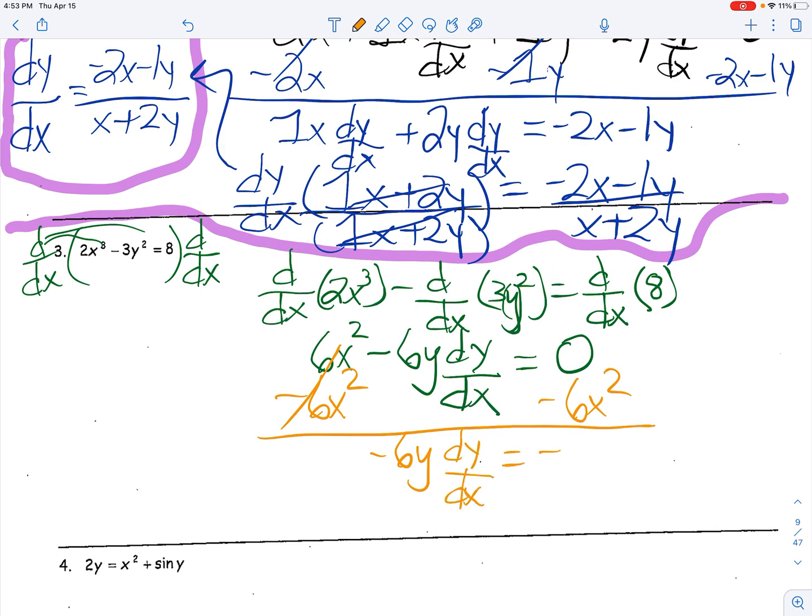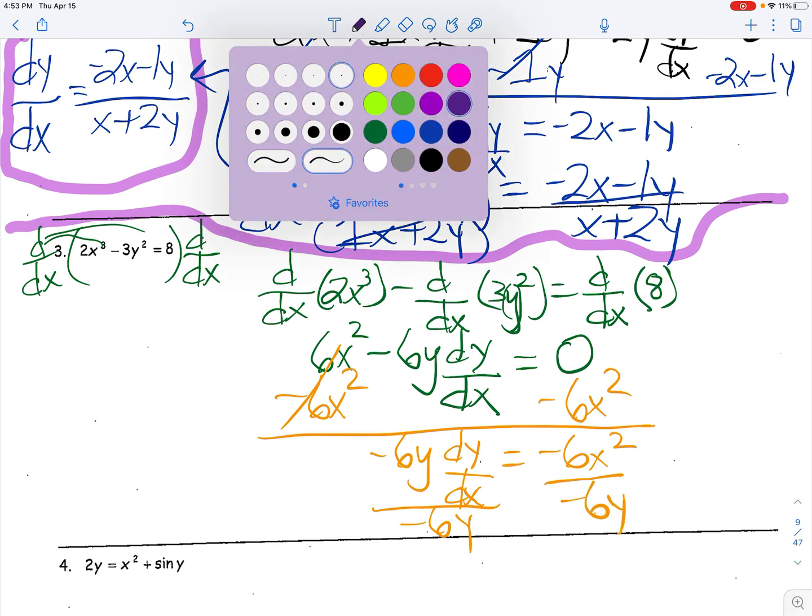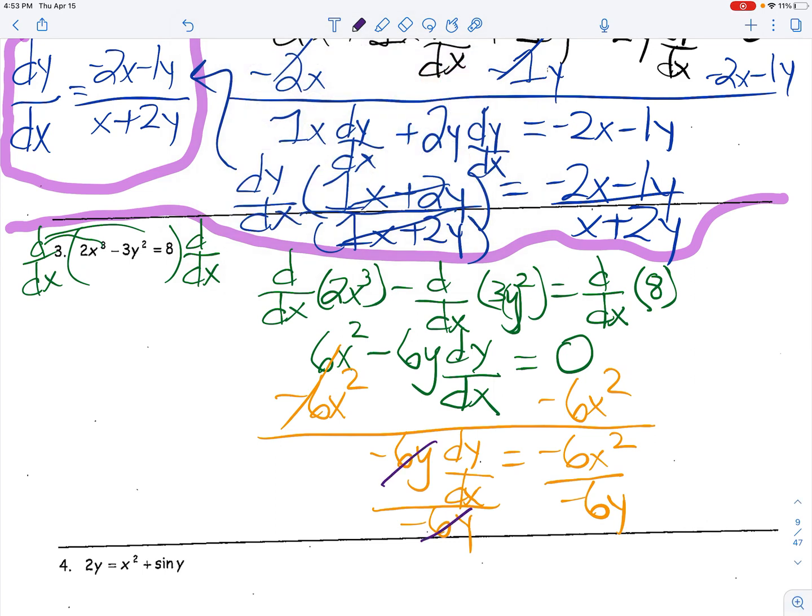But I don't know, I'll stick to what I've been doing. Move the non-dy dx terms over to the other side. You'll have negative 6y dy dx equals negative 6x squared, and then we'll divide both sides here, right, by negative